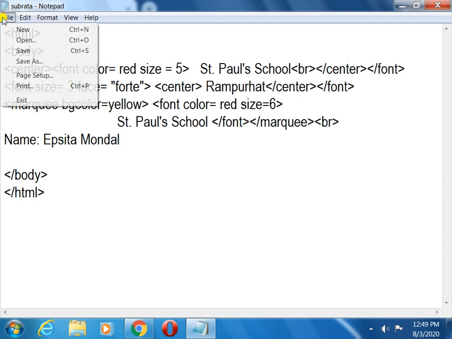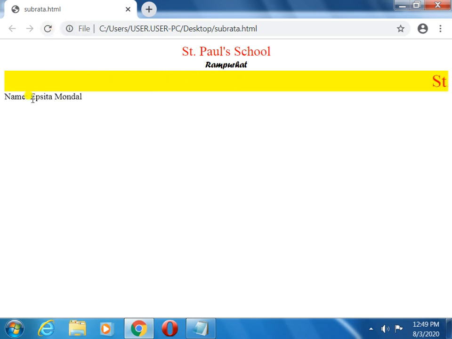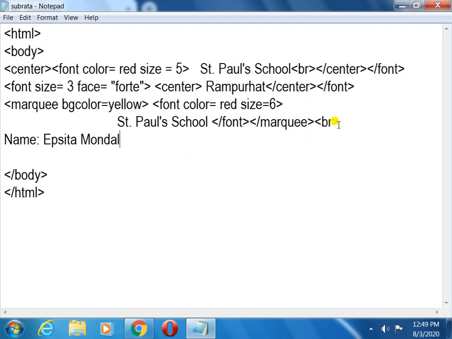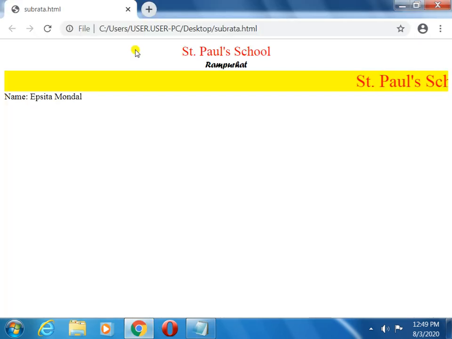Okay, save it, refresh, the name came down, Ipshita Mandal. If you want to give more, whatever you want to do here, no problem. Copy, paste it. If you want to give more gap, save it, refresh, this name came down.